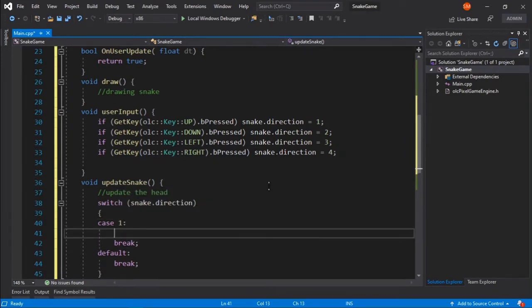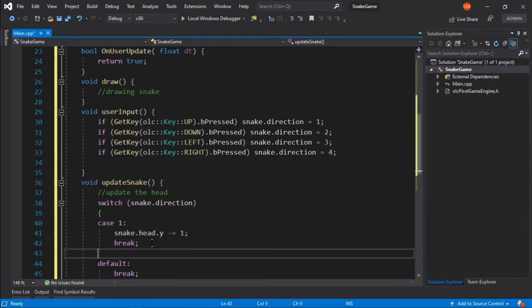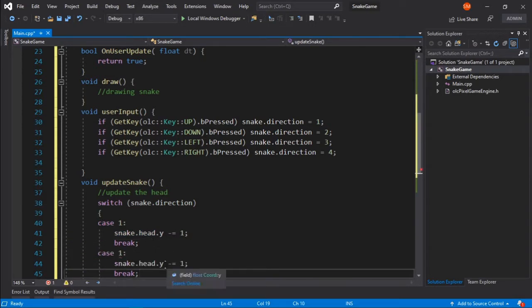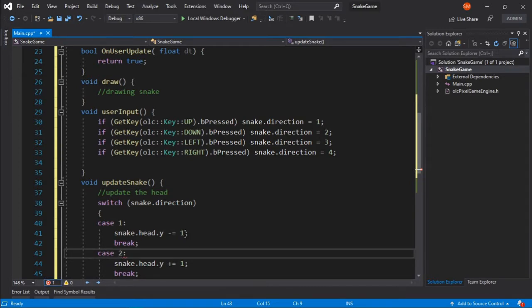So what we will do is the snake's head is going to lose one coordinate at y. So snake dot head dot y will be reduced by 1 so that it goes upwards. Okay, and the same thing for down, the y will increase by 1, so plus equals 1 for case 2.